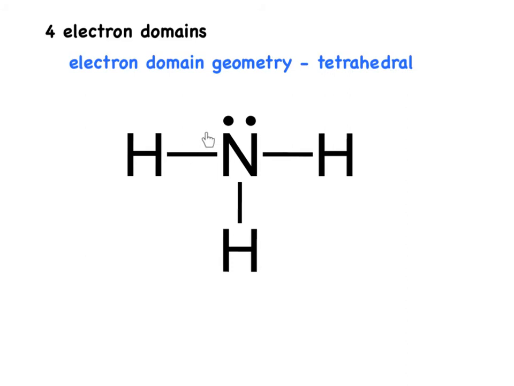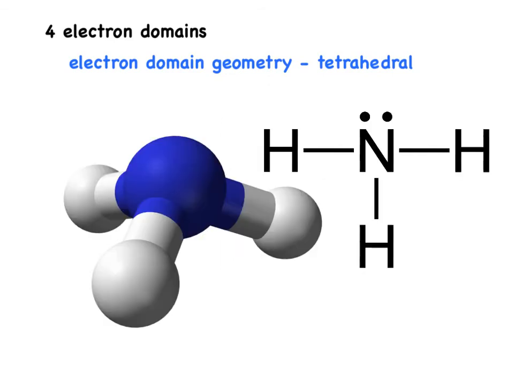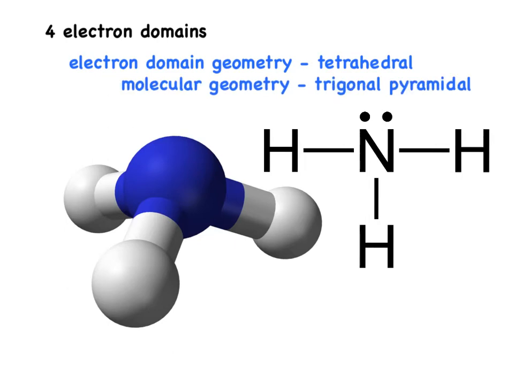But once again, we've got that lone pair on the central atom that's going to repel the other pairs of electrons slightly more than they're going to repel each other. And so they're going to bend these other pairs of electrons out of the way just a little bit, giving us a molecule that looks like this. And so the molecular geometry of ammonia would be trigonal pyramidal, and our bond angles will be